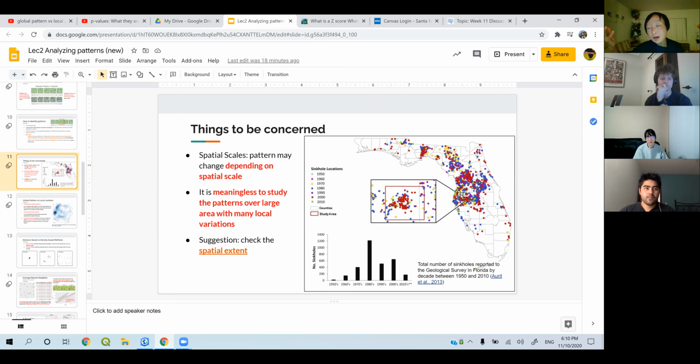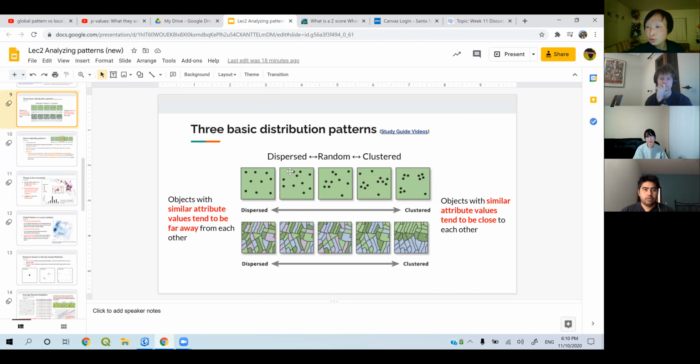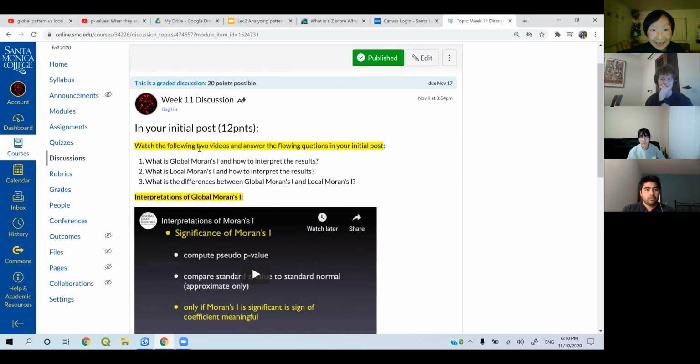Okay, so how can you deal with such kind of situation? You just do both. When your clustered pattern or dispersed pattern are mixed, when you zoom in, zoom out, the pattern can change. You do two things. You perform one, your global analysis, to analyze the global pattern, okay? And then you do another one to analyze the local pattern, to identify those local significant clusters within the same spatial